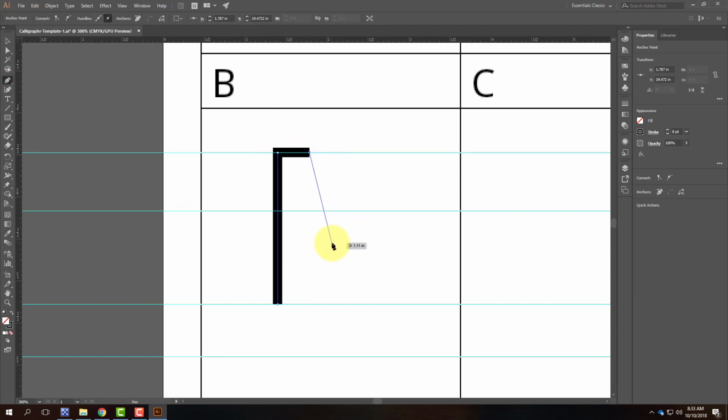And now I'm not going to come to the halfway point because this is a smaller part of the letter. I'm going to go to about halfway in between those two lines. Say right about there. Click, hold, drag to create that part of it. We'll come down here to create that part. Then I'll go ahead and come straight over